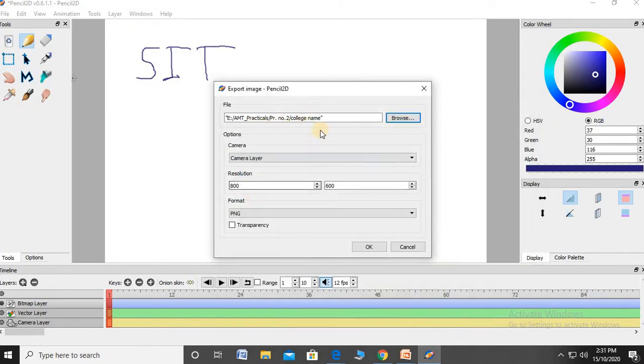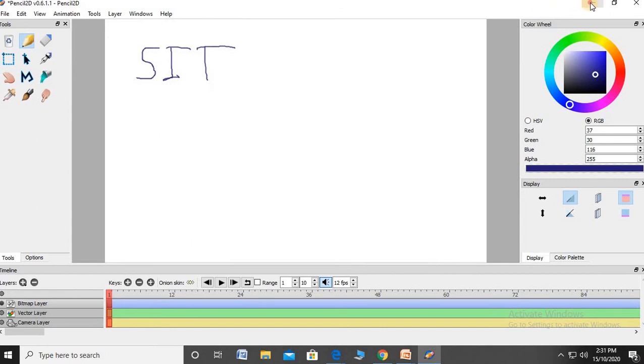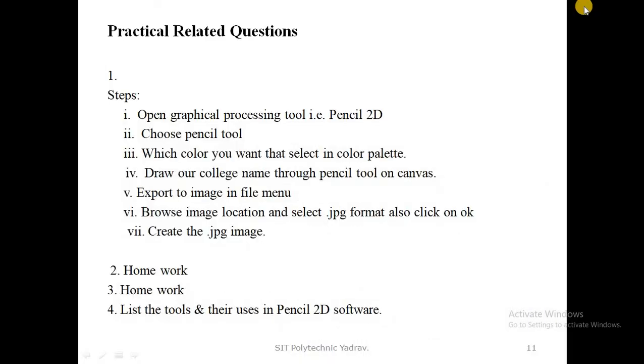If the extension is not given, an image is not created, so first of all the extension will be selected. That extension is seen, so showing it now.